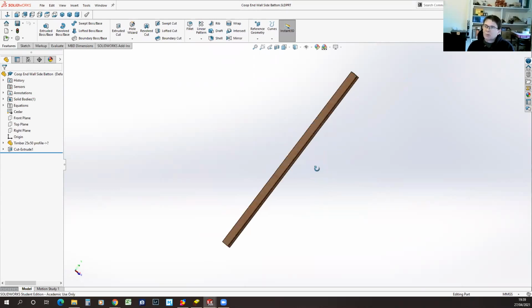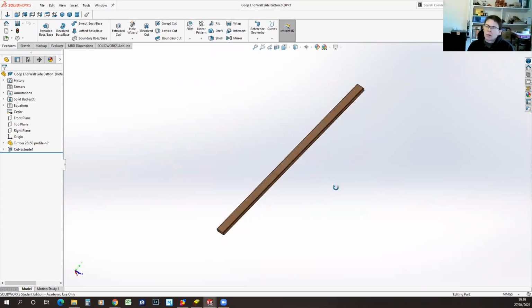If this is a standard piece of stock timber, and there are a lot of different lengths which I want in my part, there's a number of ways that I can propagate all of that information apart from the length between multiple parts. The first of those is to create a kind of master part. And that's what I've done here. So you can see in the tree on the left that we've got a timber profile part, and then I've got a cut extrude. And if I open up that timber profile part,